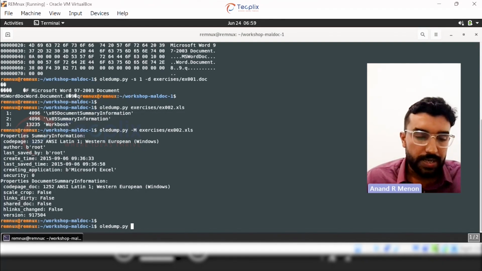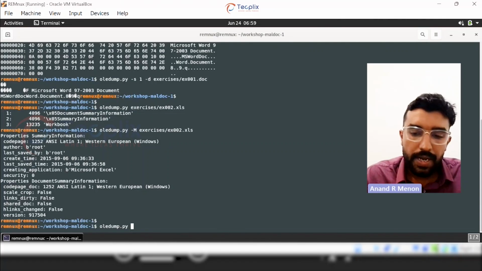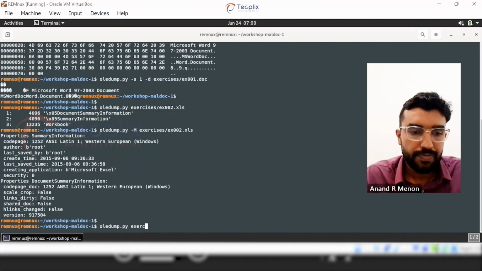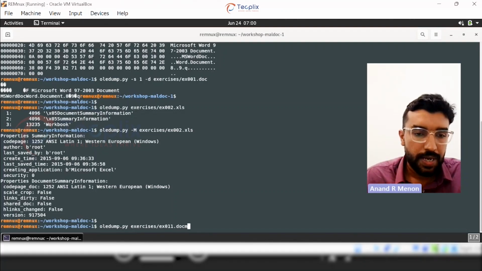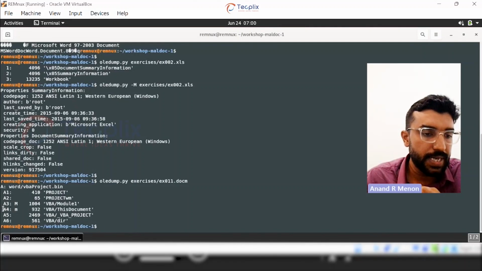So here we are just testing a sample macro-enabled Word document, which is an exercise file. We use the same tool, Oledump, and the same command as earlier. This doc_m is an indication that it is a macro-enabled Word document. It will similarly show the different streams within the file, and we are more interested in the A3 and the A4 streams, which basically contain the